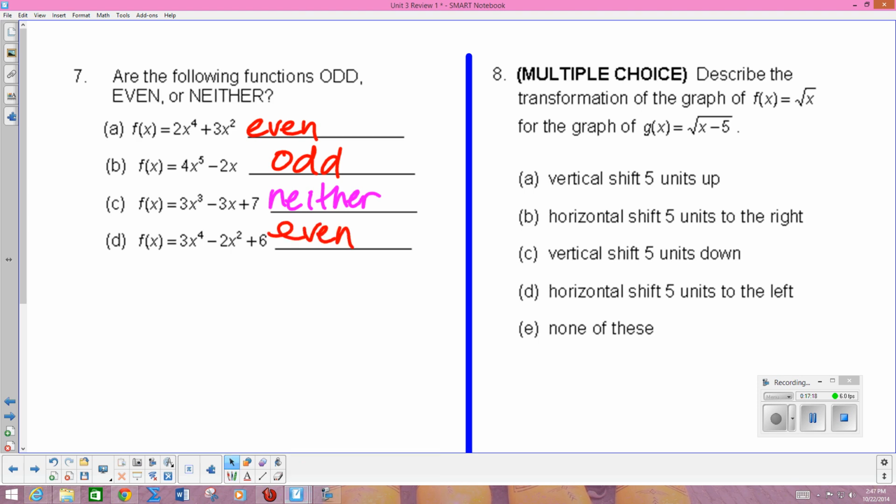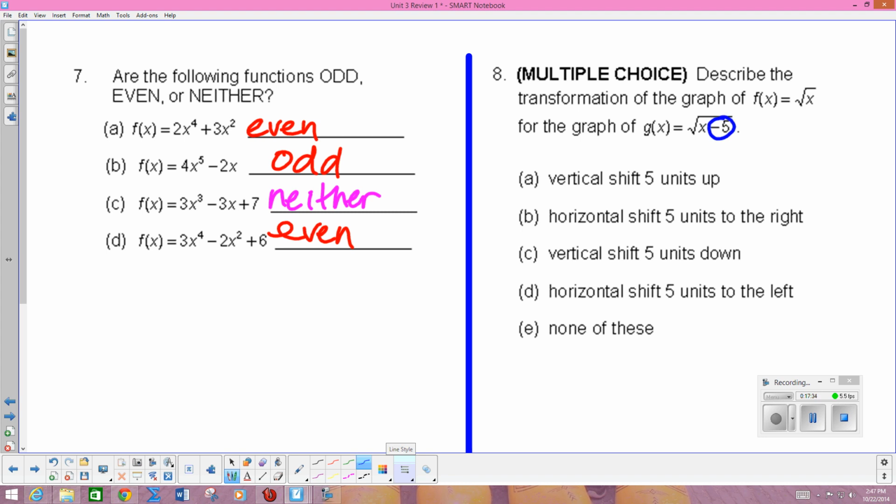And so that's number 7. So you've got to graph each one so that you can see what those are going to be. All right, and then over here now I have to describe the transformation. So this is multiple choice. It's not multiple guess. And you can see that the only thing that I have changing this time is that